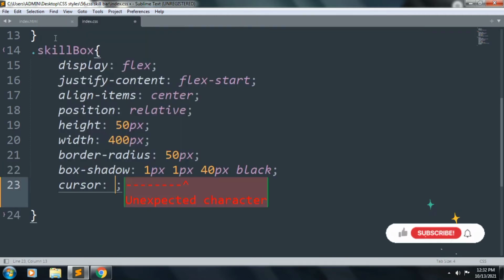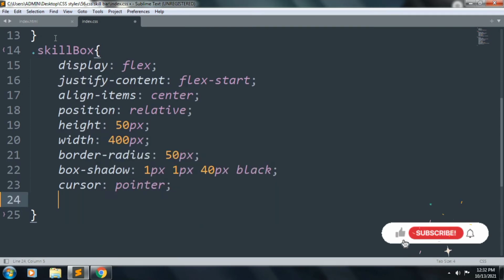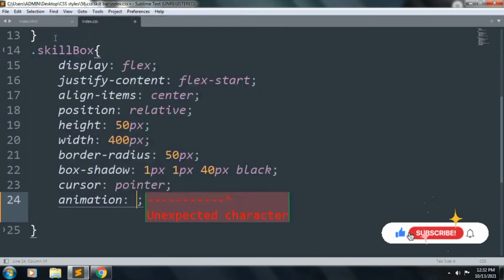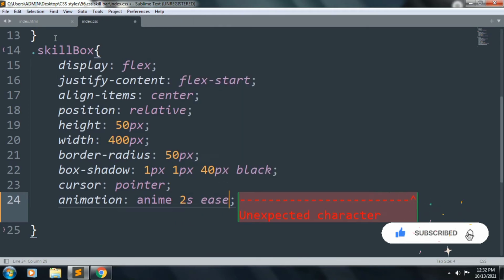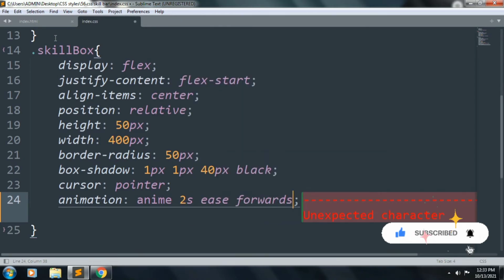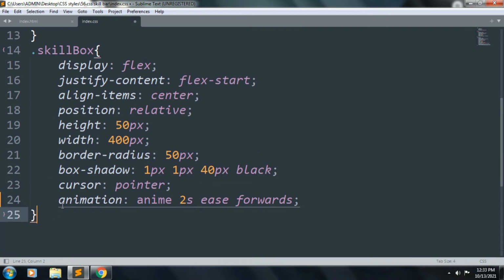Next, cursor will be pointer and we want to create animation that will be anim 2 second is forwards. Save the file, refresh. Here you can see the skill bars layout.